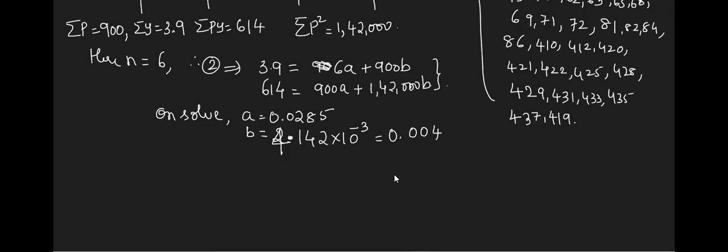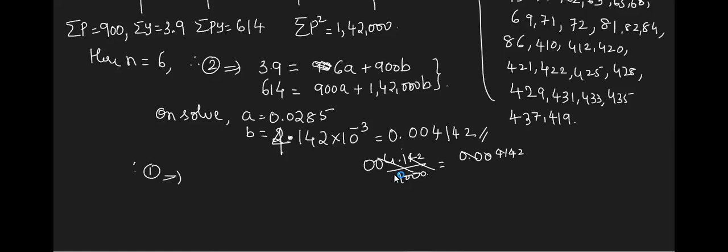Divided by 10 raised to plus 3 means you should shift the digits. 4.142 divided by 1000, so 1, 2, 3. I have to shift the digits three places. So it becomes 0.004142. Hope it is clear. I have to shift these digits over here. Okay, this is my value. Better write like this. Don't write 10 raised to minus 3 and all.